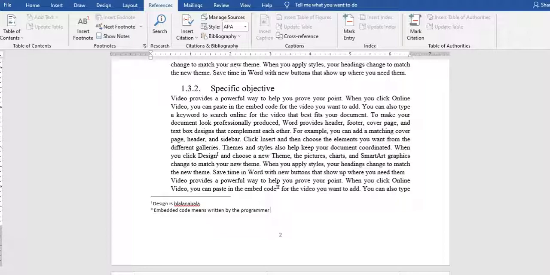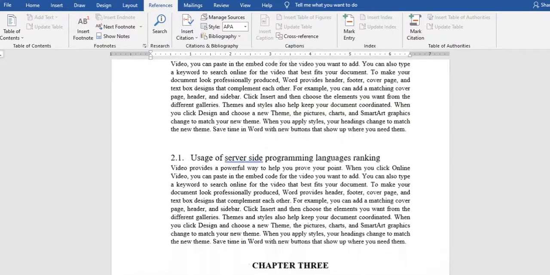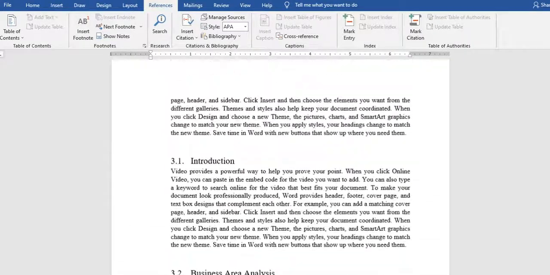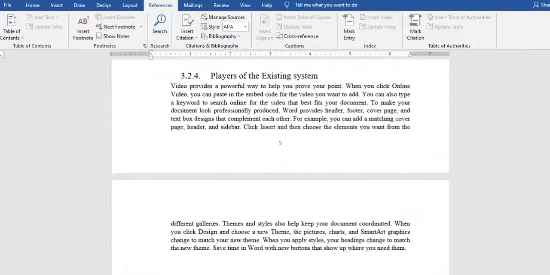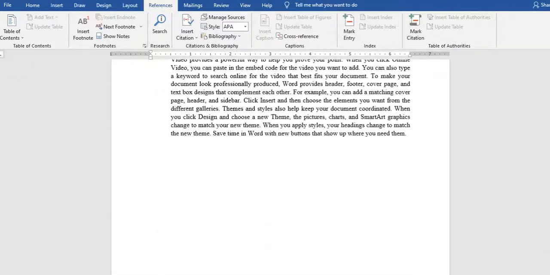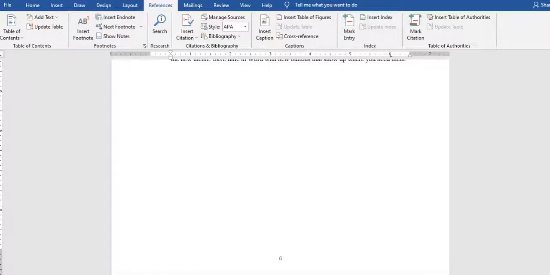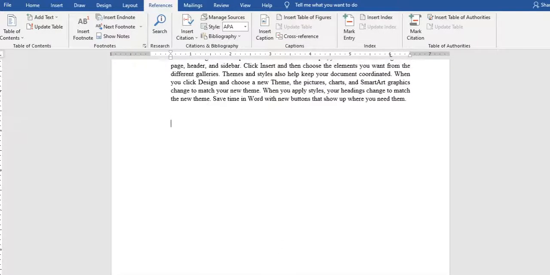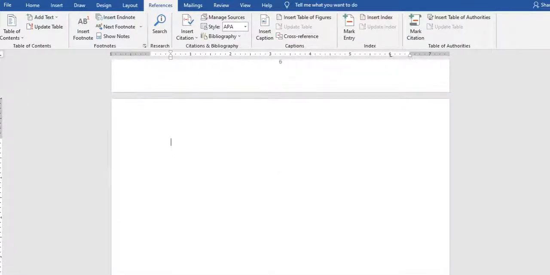Okay, most of the students again insert the citation manually. Okay, don't do that. Let me show you how to insert a citation on your research paper. Okay, assume here is the last page of your document. Click here. Let me use a blank page. Here is the reference. Okay, so what you're gonna do is